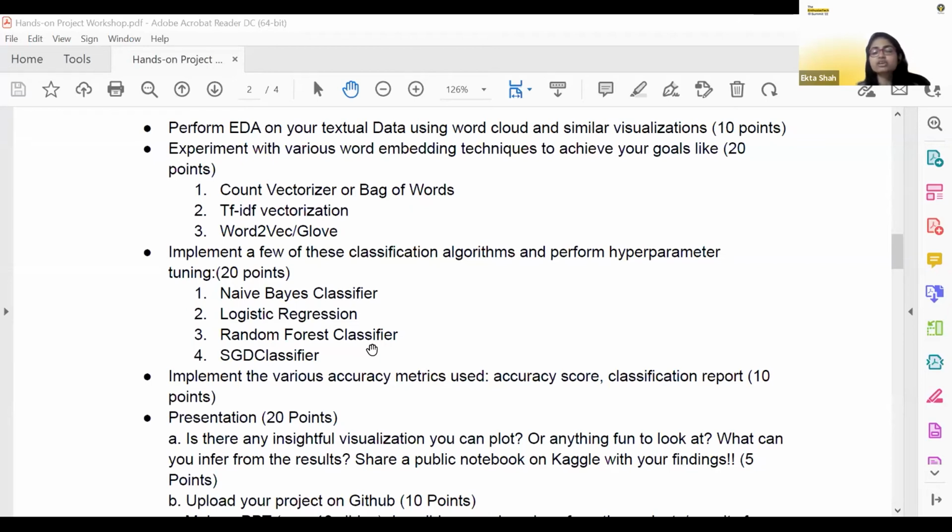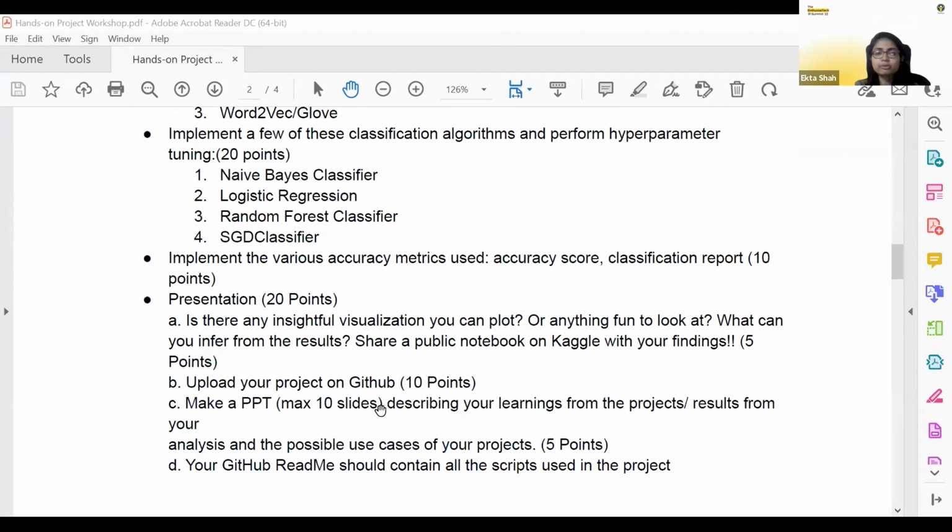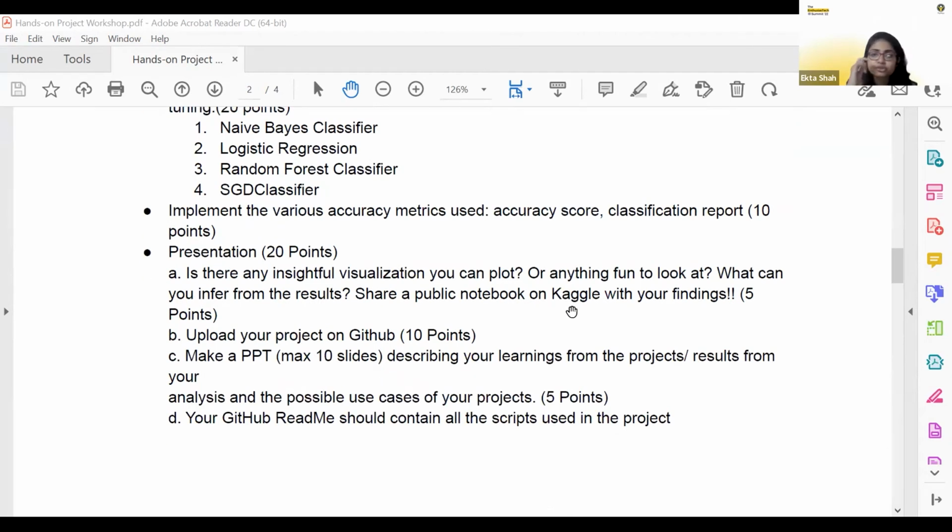I have mentioned accuracy score and classification report. You can add on to it and also work with it. That's going to be no issues at all. Whatever you do add on top of this is going to be evaluated and put on as a plus point on your side. Okay.